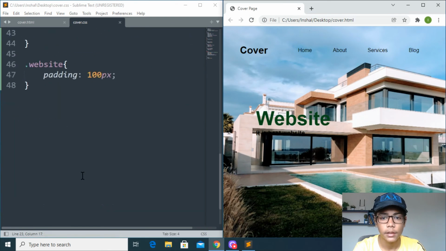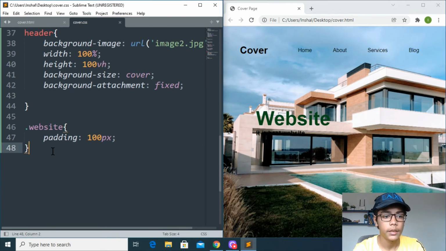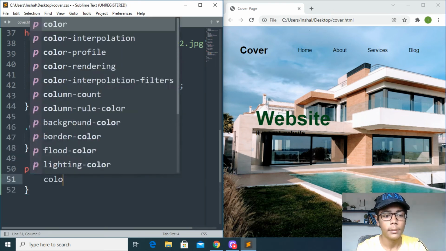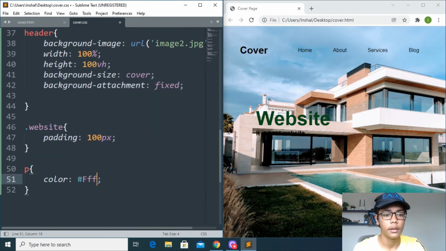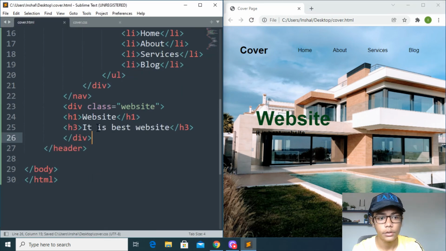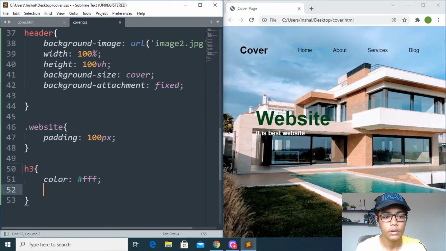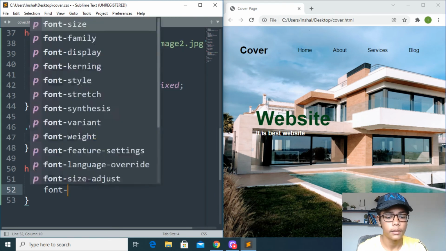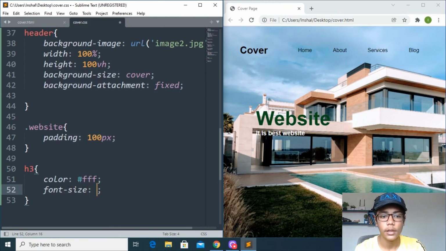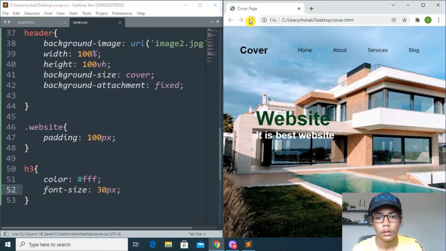It is the best website underneath, but it is not prominent. So here I will write the tag, then write color white. Save and reload. But if I show you, it is H3, not P. So here I will write H3. Save here, reload that, and you can see it is in white color. Here I will also change this to not so big, but looking like that. So I will now write 15 pixels. Save, reload. It is small, then 32, and do like that.